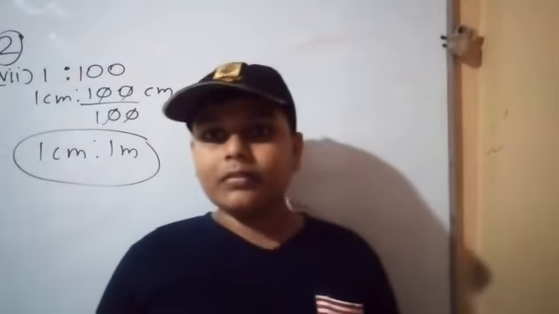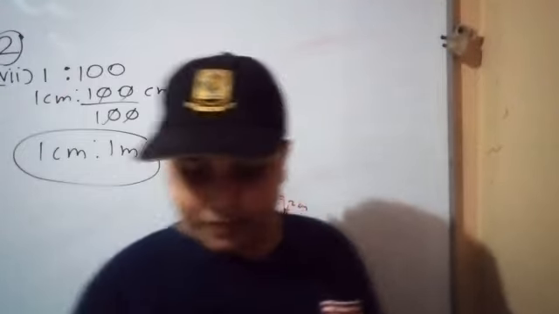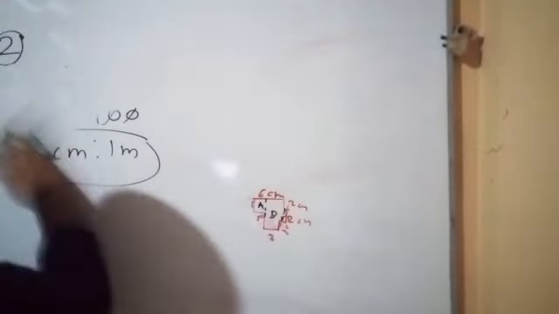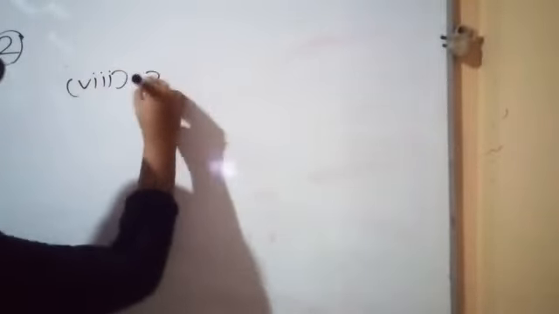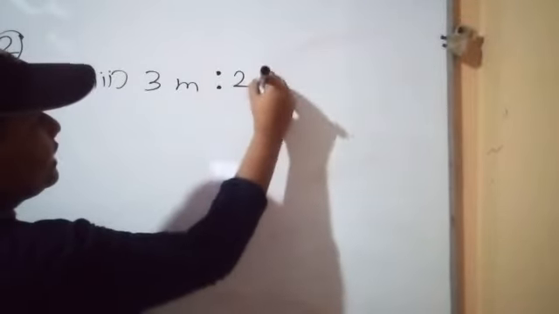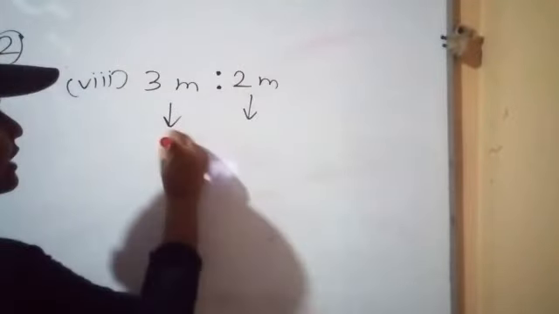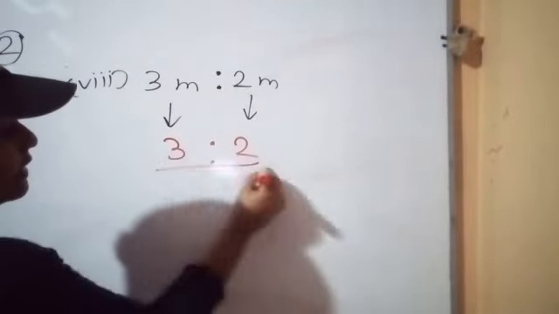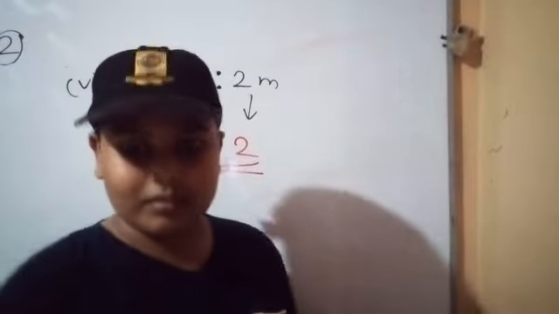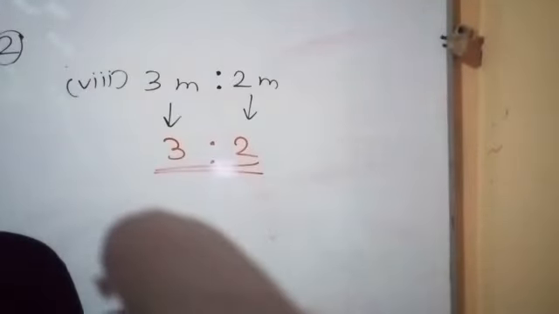So the second question, let's move for the last one in there. What is the last sub question? What is the ratio of the length of the room to that of the toilet? Now you know the length of the room is 3 meters. Toilet is 2 meters. So you can write the ratio. You can't divide this. You can write 3 to 2. That is the ratio.